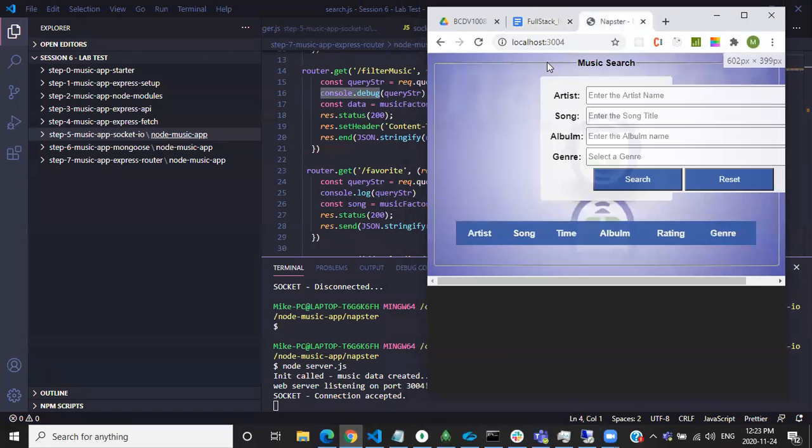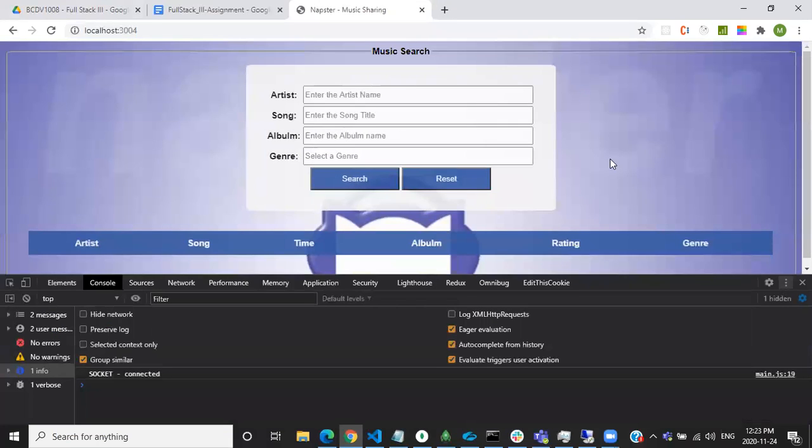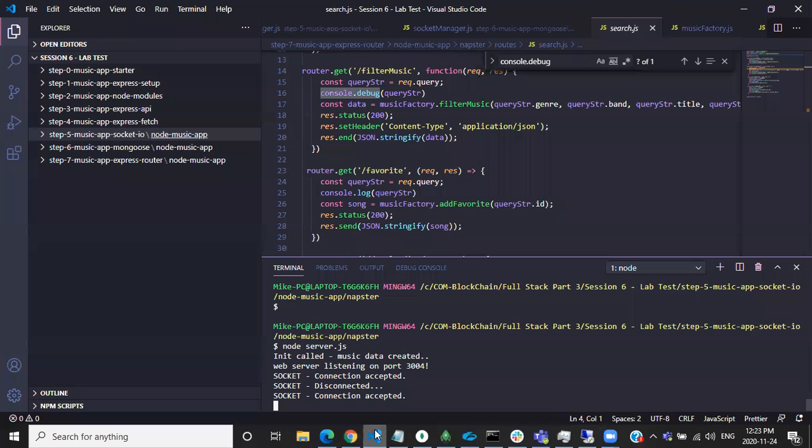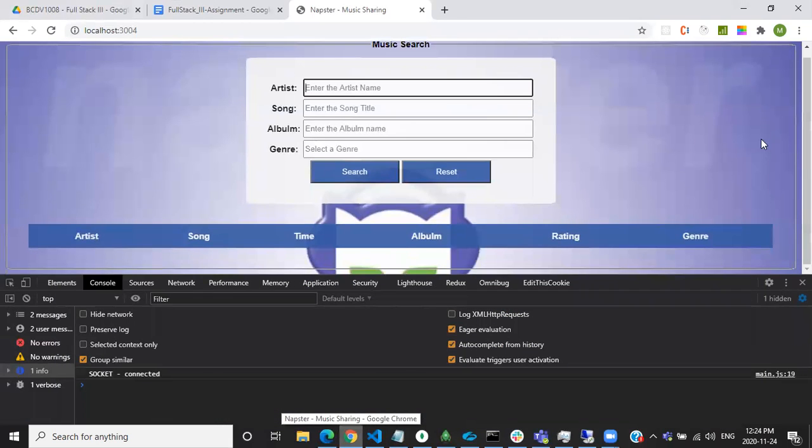Same deal. Let me just quickly open this here. All right, we have the same interface. If you refresh it, you can see right away sockets connected. And then I can see here socket connection accepted. So if I were to filter